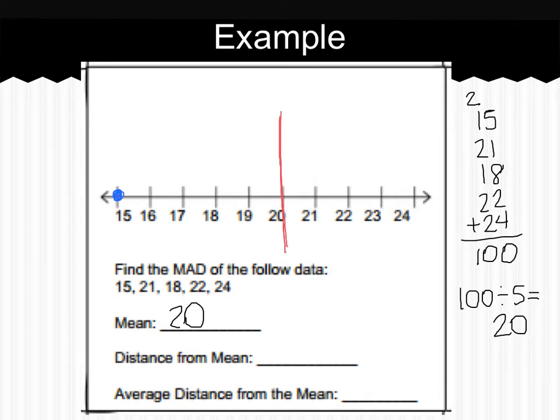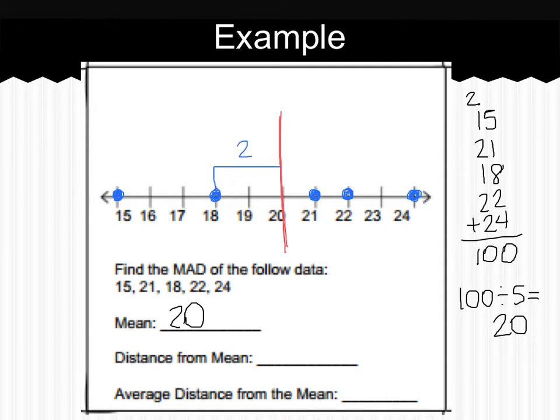We're going to mark the number 21. We're going to mark the number 18. We're going to mark the number 22. We're going to mark the number 24. So our second step is to mark each of our data values on our number line. Now we want to find each of their distances from the mean. So looking at one of our data values, let's start on the left side. 18, if you'll draw this with me on your paper,